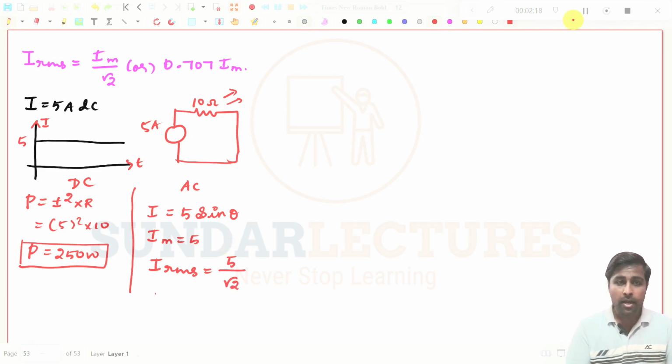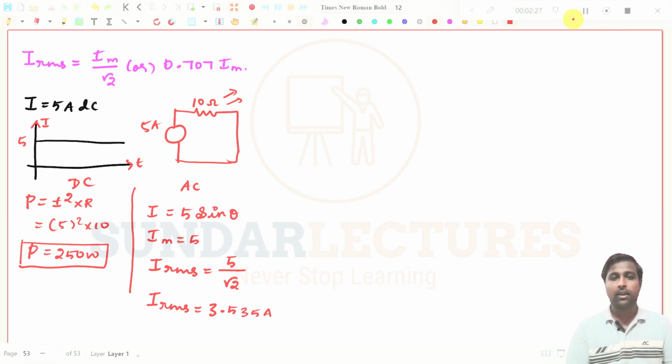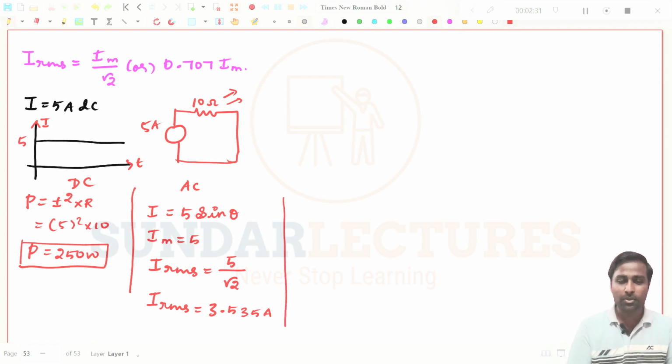Then this value comes out to be IRMS equal to 3.535 amperes. Now what you do, you try to substitute this value. That means P by AC, and this is P by DC. You take it as P by AC and this is P by DC, so that this should be equal to